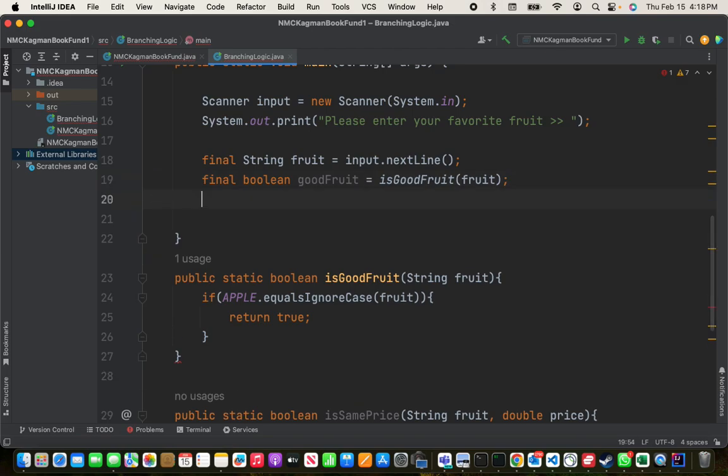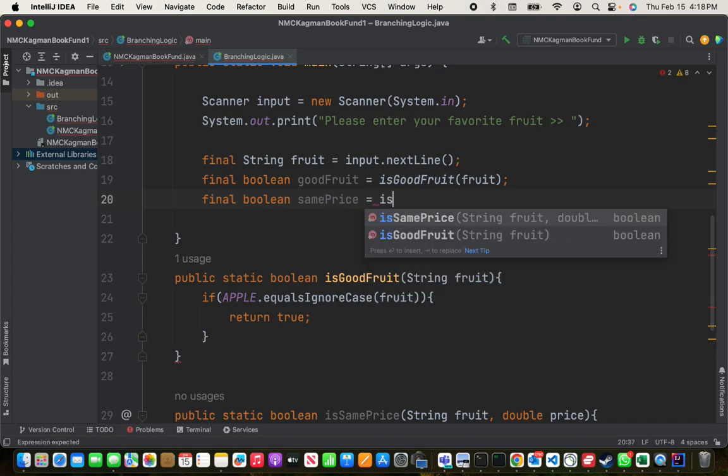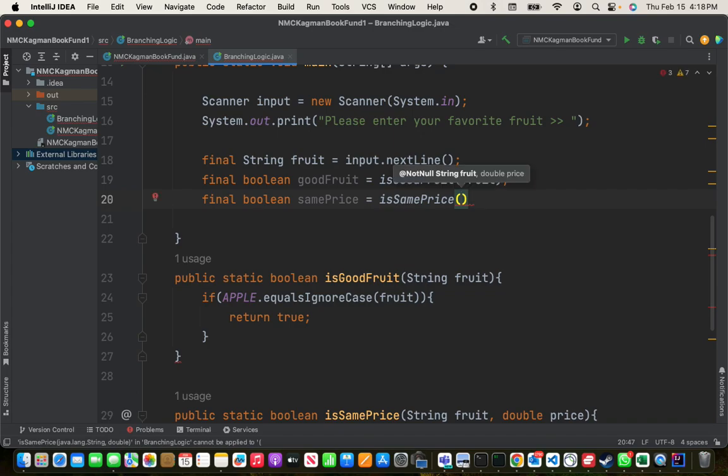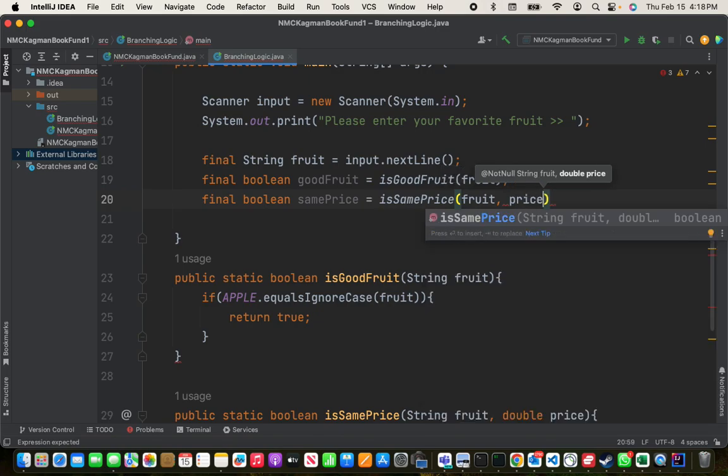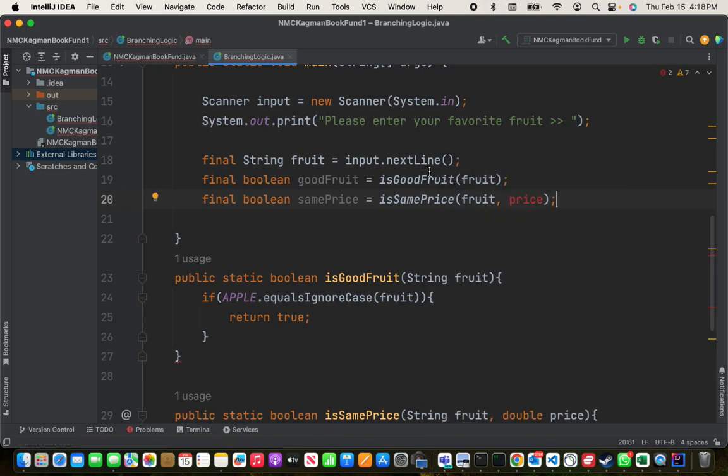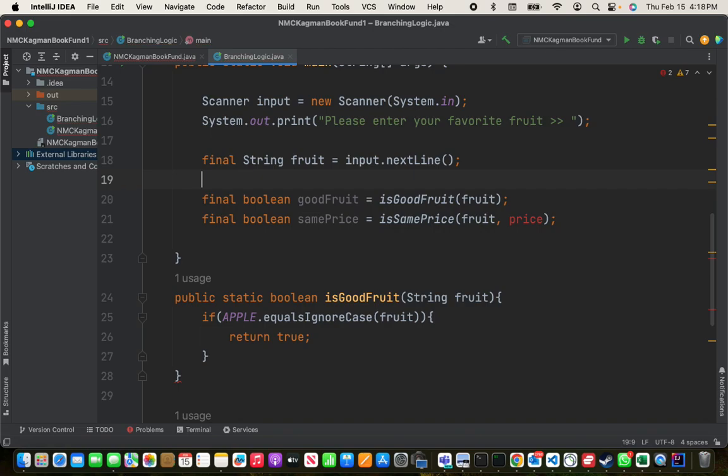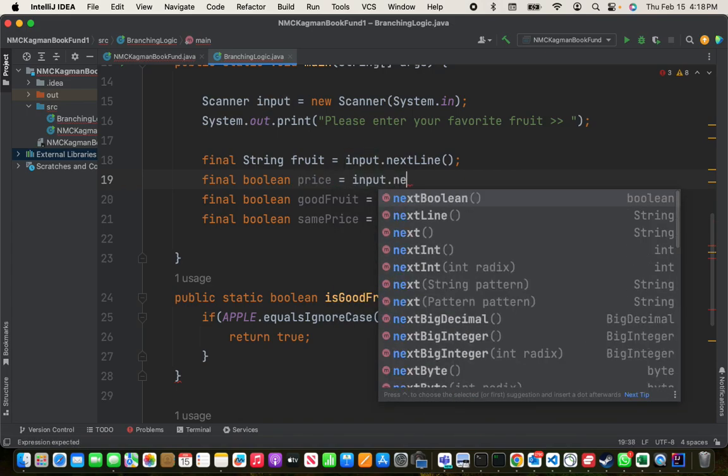And so when we look at this, let's go ahead and do another final Boolean is same price equals is same price, fruit and price. And price doesn't exist yet, right? So we're going to do this. Final Boolean price input next